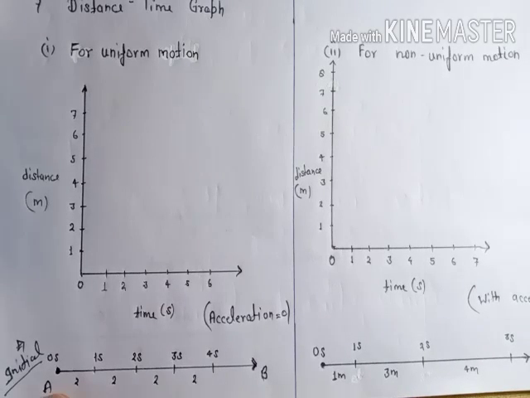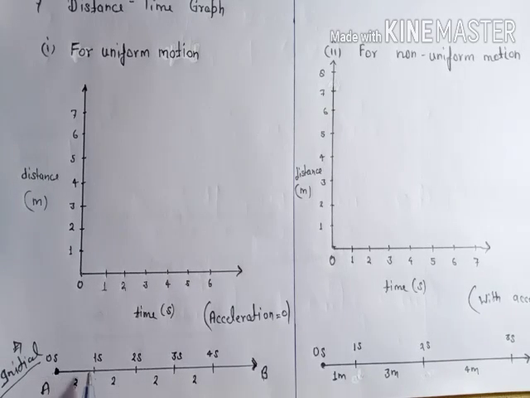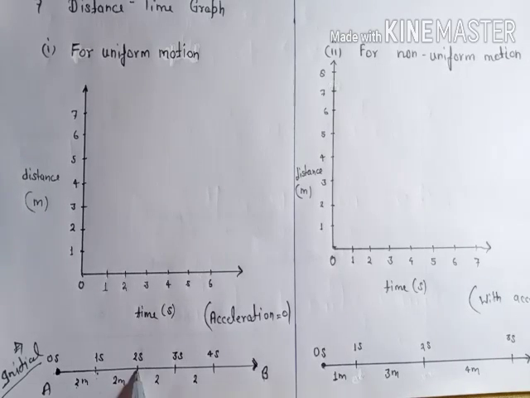So you can see in starting at initial point, our initial velocity is 2 meter per second, because when you travel from this point to this point, this takes 1 second and you covered 2 meter. So yes, your velocity is 2 meter per second, and in next second you covered the same distance, that is 2 meter. Again your velocity is the same for this period too, and from this second to third second again you cover the same distance. It means you are traveling with the same velocity.